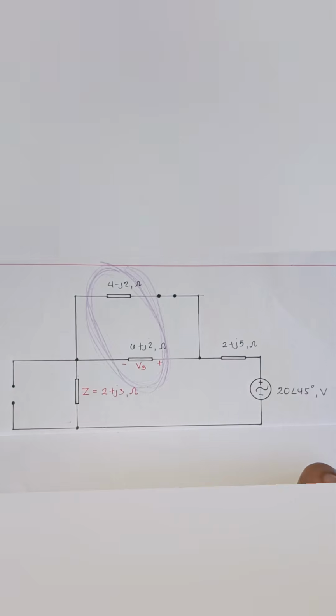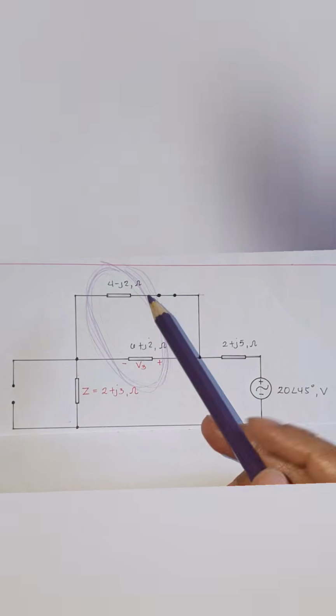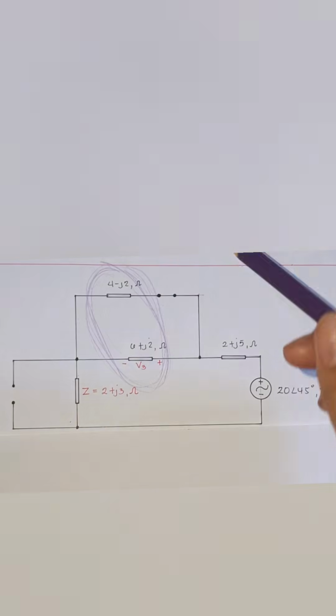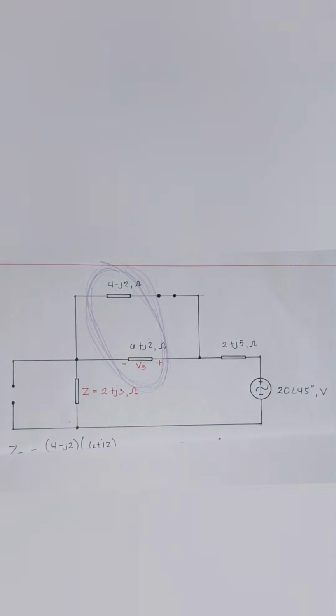Now simplifying the circuit, the impedance 4 minus J2 ohms and 6 plus J2 ohms are in parallel combination. So we compute the equivalent impedance. We have 4 minus J2 times 6 plus J2 all over 4 minus J2 plus 6 plus J2 is equal to